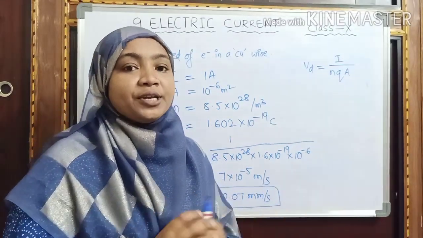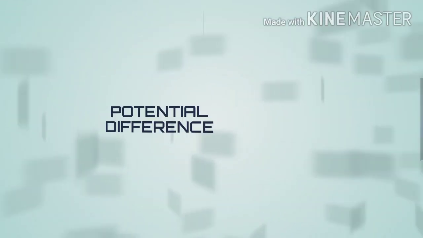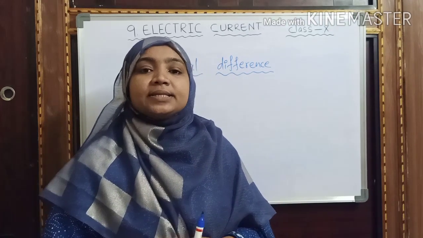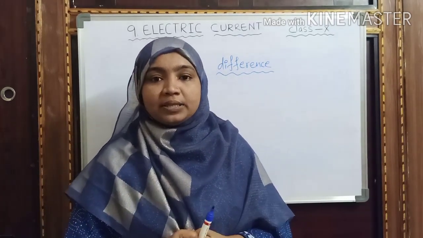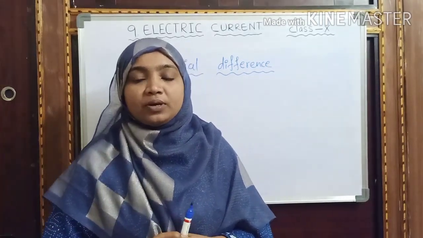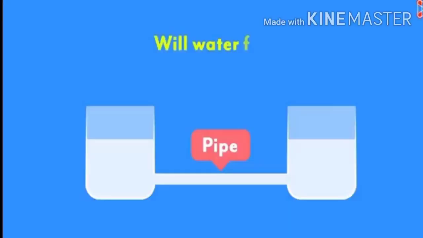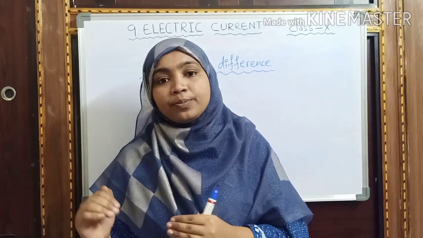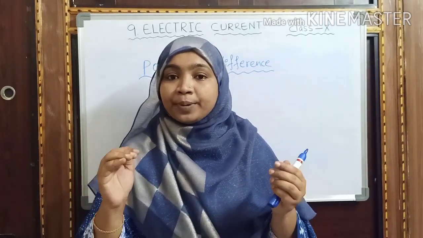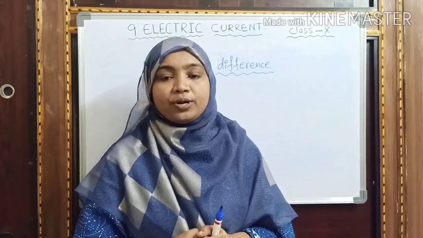So here we got a new term, that is potential difference. Let us discuss potential difference. In a conductor, electrons do not flow by themselves. Some force has to be applied on them. If you consider a horizontal water tube, the water cannot flow in the tube because it is in a horizontal position. If there is a pressure difference between the ends of the tube, the water can flow from the high pressure point to the low pressure point. Due to pressure difference only, the water is flowing from one point to another point.